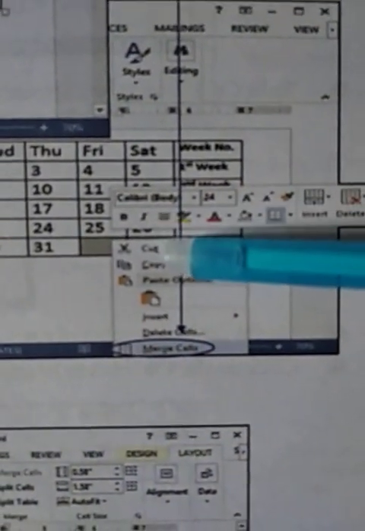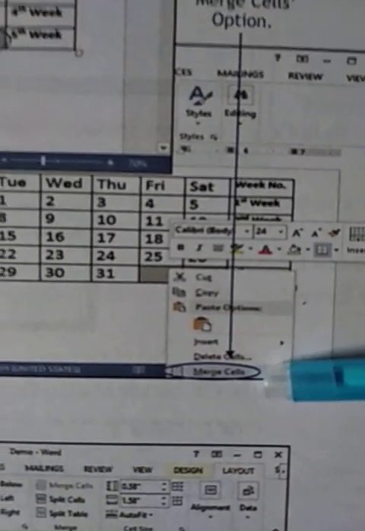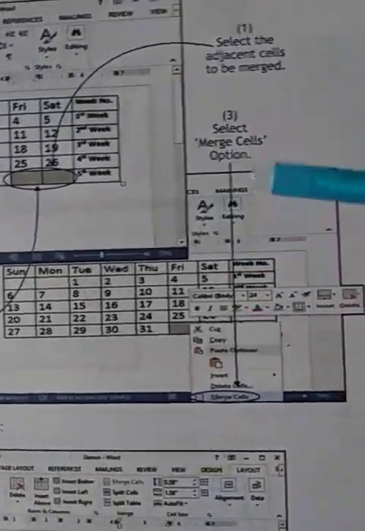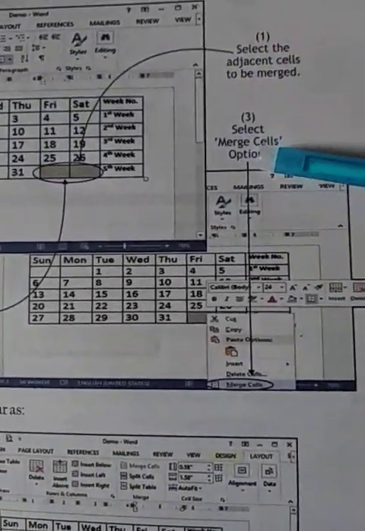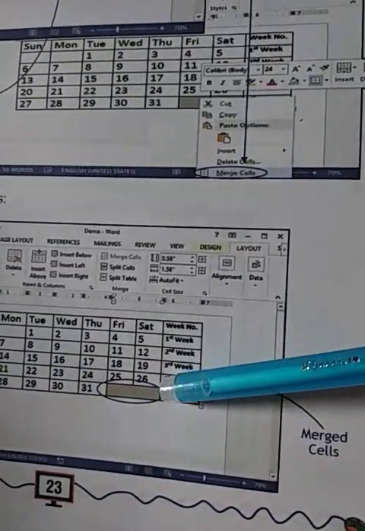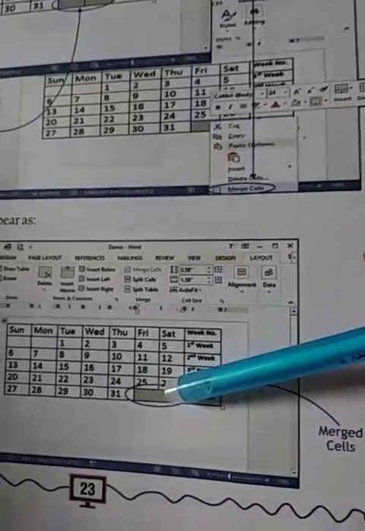A menu will appear and we will get the option Merge Cells. Select the Merge Cells option. When we select it, what will happen? You see, both the cells will be merged together, and hence we merge the cells.